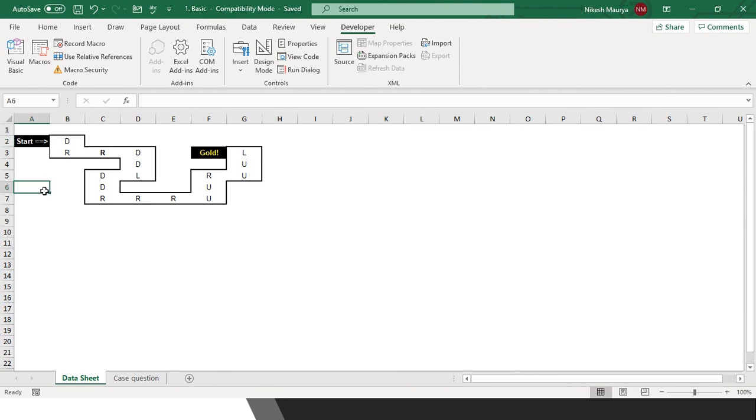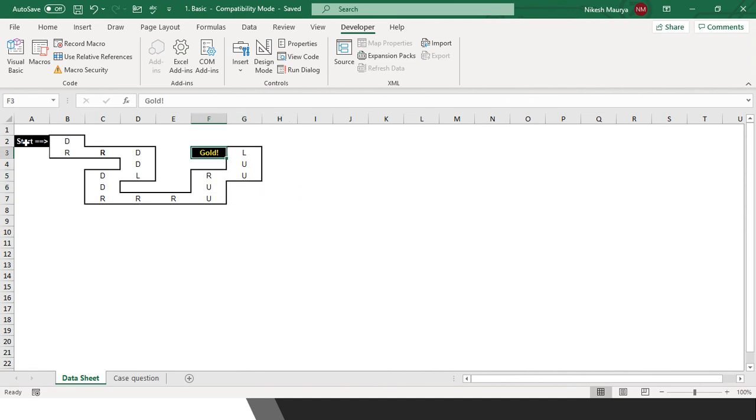But what we want is to go from cell A2 to cell B2, then from B2 to B3 to go downward. So we want to use the current cell to move continuously and reach the destination.